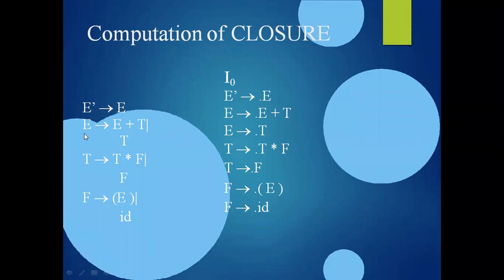After forming the augmented grammar for the grammar G, now this grammar becomes G', that means the modified grammar G'. Now put a heading G' and write down all these rules, along with the augmented production: E' → E, E → E + T | T, T → T * F | F, F → (E) | id. Right? With this, step number 1 is completed.